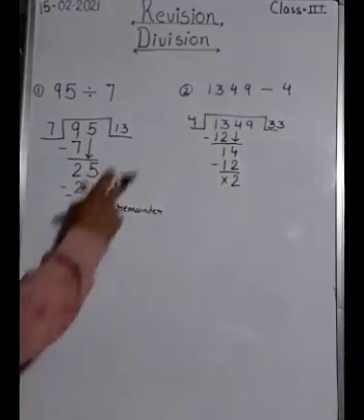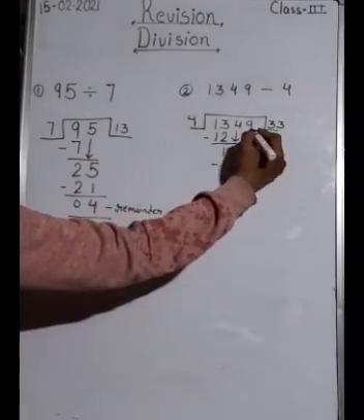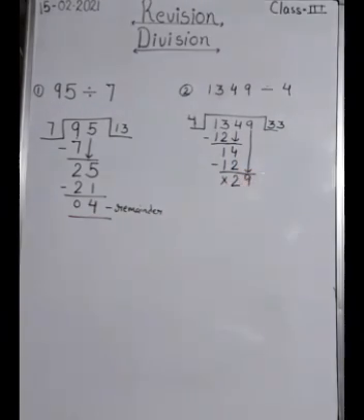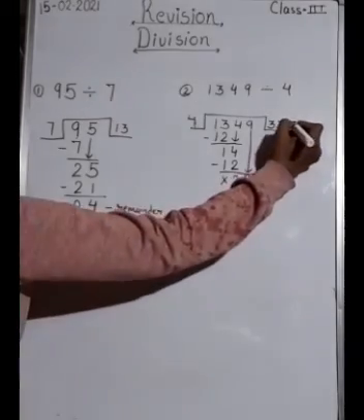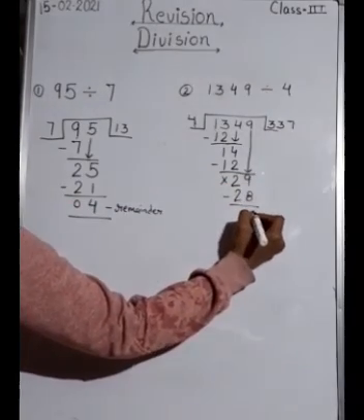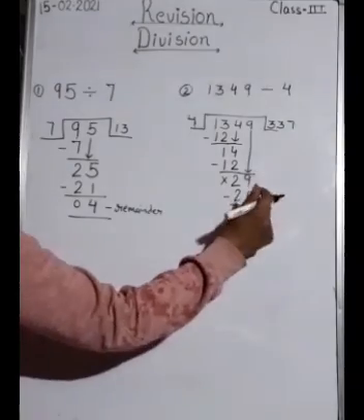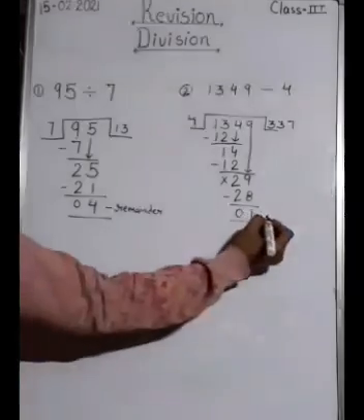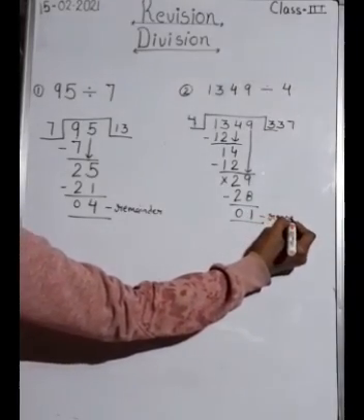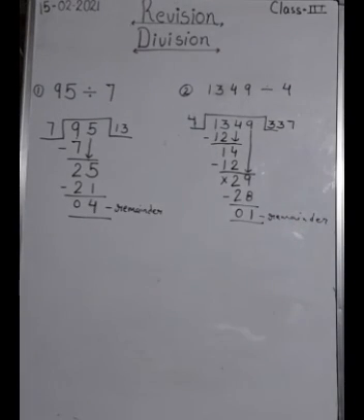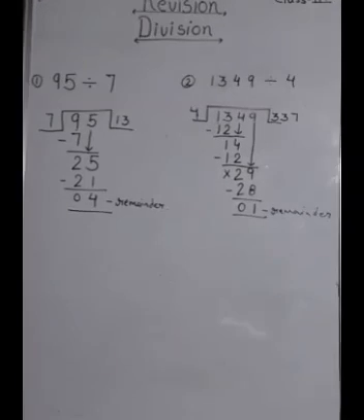Again this 2 is smaller than 4 and here I am having another digit, that is your 9. So copy down this 9 over here. Now it becomes 2 9, 29. Now 4 sevens are 28. So I will do 4 sevens are 28, and when you subtract it, what you are getting? 1. 9 minus 8, 1. 2 minus 2 is equal to 0. Okay, so again you are getting here a remainder, which is your 1. So this is the way of dividing a 2-digit number or a 3-digit or 4-digit number with any number.